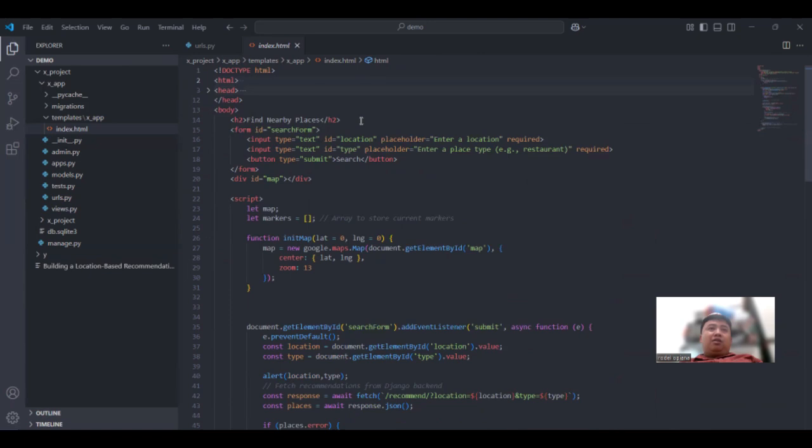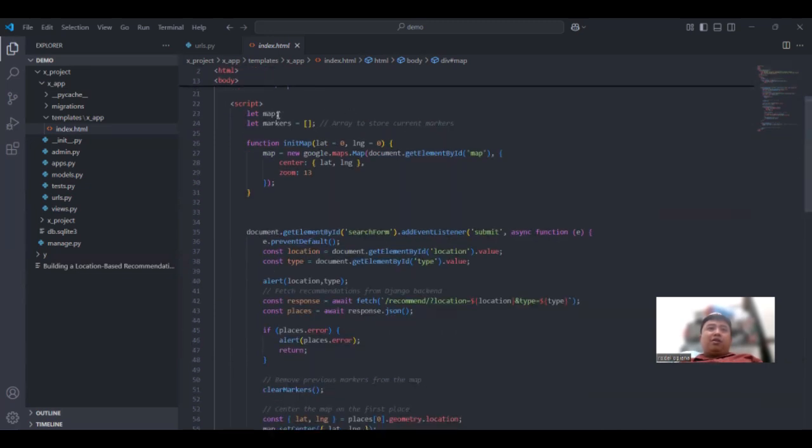And at the body, just a simple form, search form, and the div format. So inside the body, you have the script. So this is for the map, and this is for the arrays of current markers because we are going to reset that every time we hit the button. So for the initialization, we initialize the map and zoom in at 13.